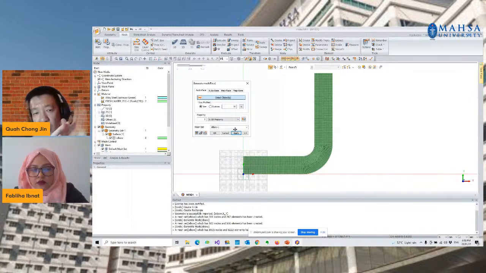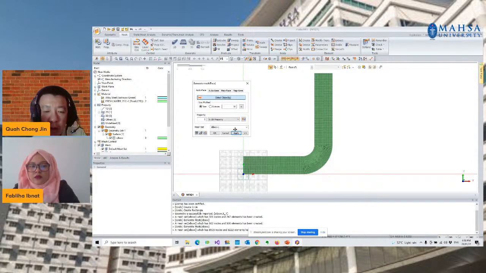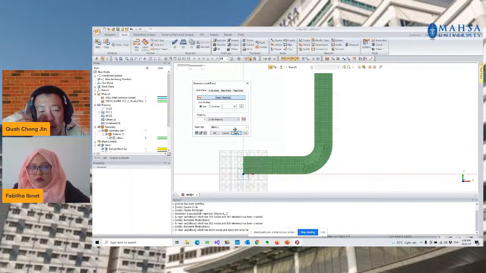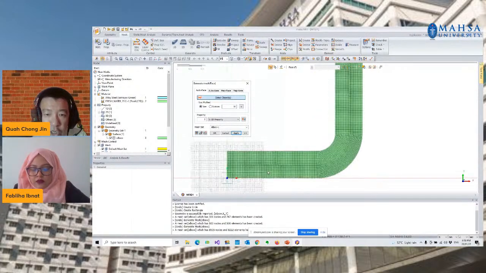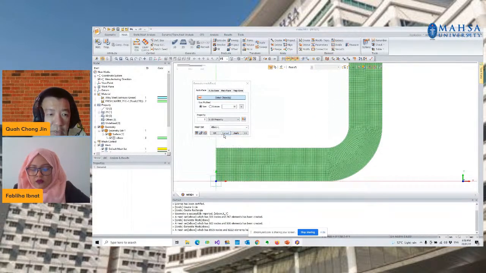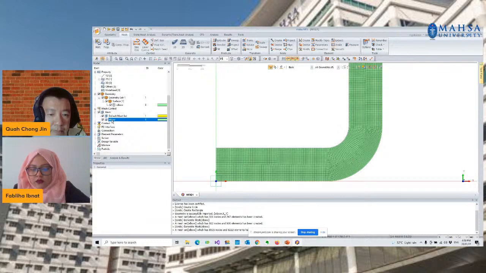Then you have to loop. You have to do a simulation, the first round simulation, and check with the result, to validate against your experimental result, whether the setup of the mesh size or the boundary condition are suitable for your simulation. So at the beginning, we will not know what will be the best value. We just pluck it from the sky based on our experience, and put it into the simulation first. Let's say I will prefer to use this mesh. Okay, so I'll just proceed with this mesh.